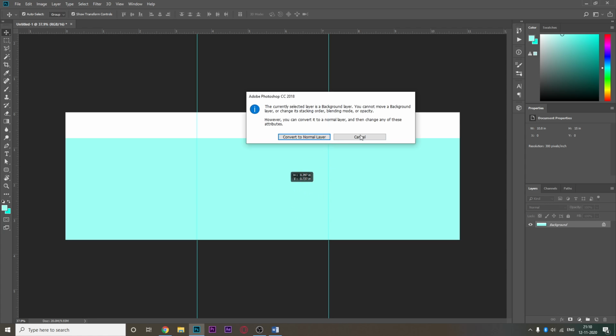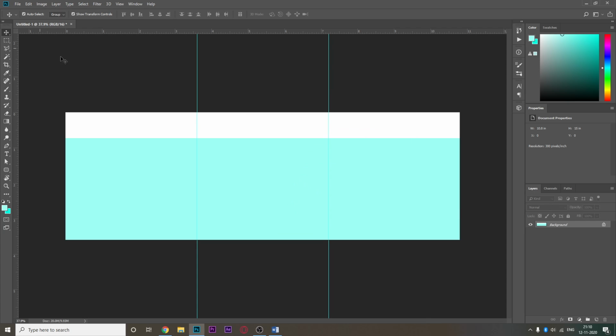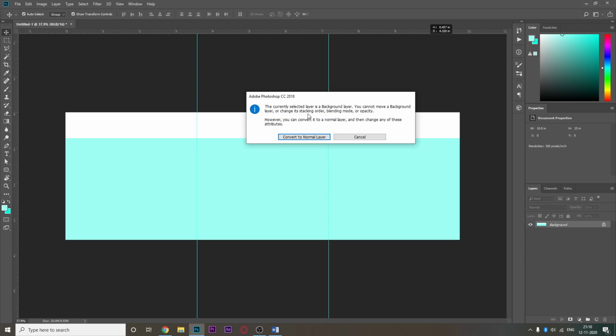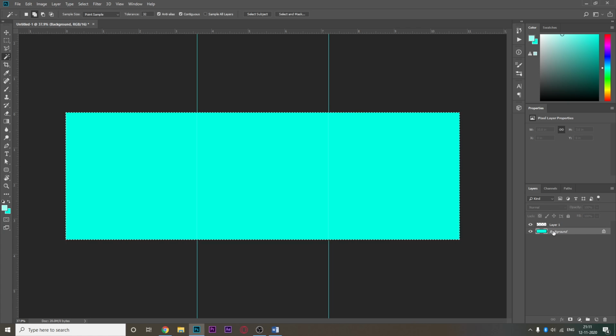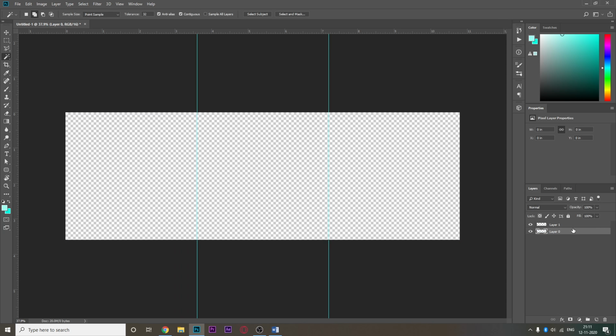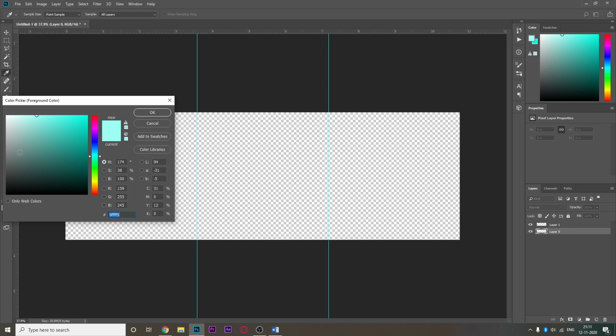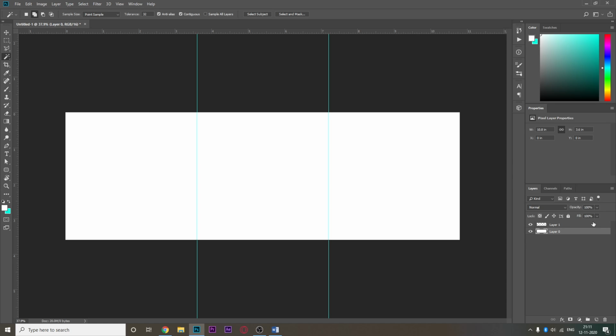So yeah, I've made this. Okay, let me see. If you see carefully now, I forgot to actually make this in a layer, right? I have selected it in the background. The current selected layer is a background layer. I don't want that. I want to have freedom to move this whenever I want. I complicated this up a bit. Okay, so Layer 0 has become my background layer of sorts.